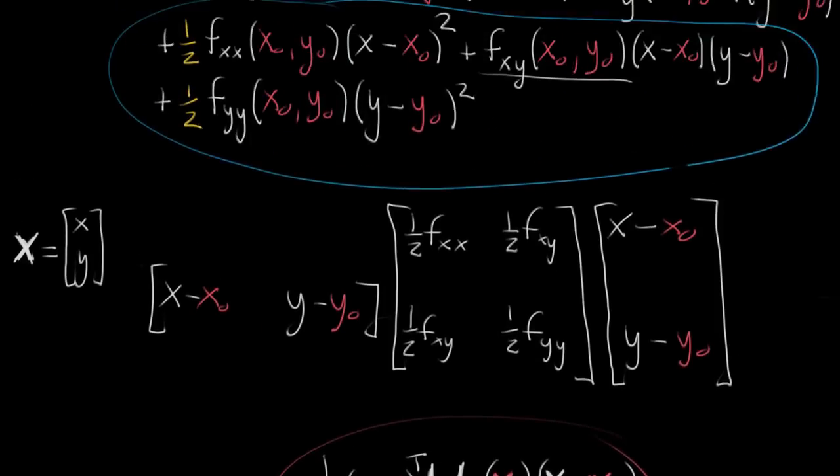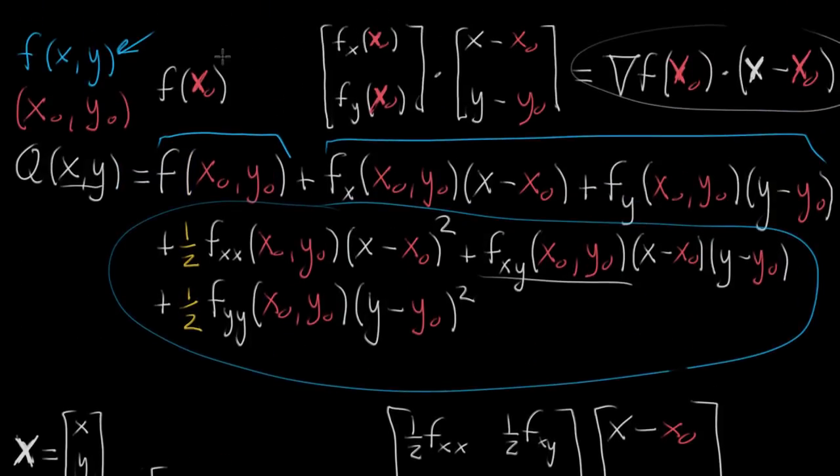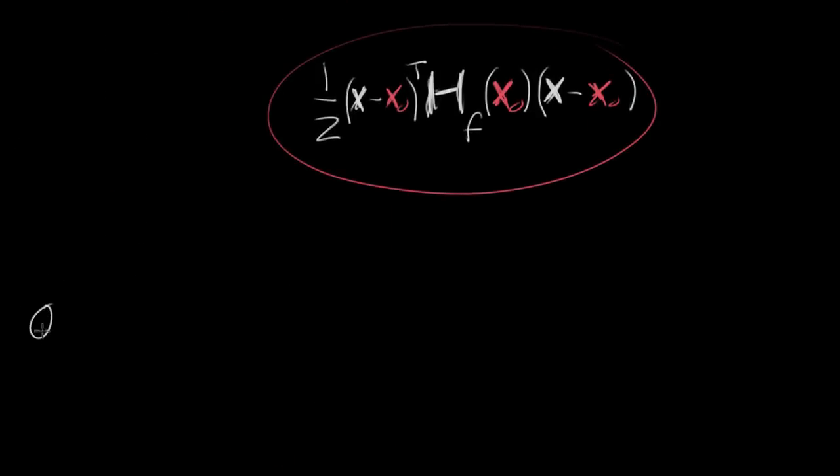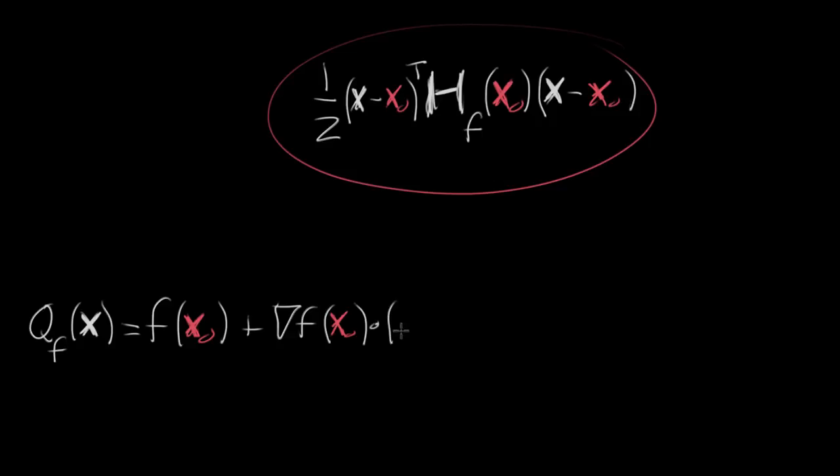So just to put it all together, if we go back up, when we put the constant term that we have, the linear term, and this quadratic form that we just found all together, what we get is that the quadratic approximation of f, which is a function, we'll think of it as a vector input, bold-faced x, equals the function itself evaluated at whatever point we're approximating near, plus the gradient of f, which is kind of its vector analog of a derivative, evaluated at that point. So this is a constant vector,